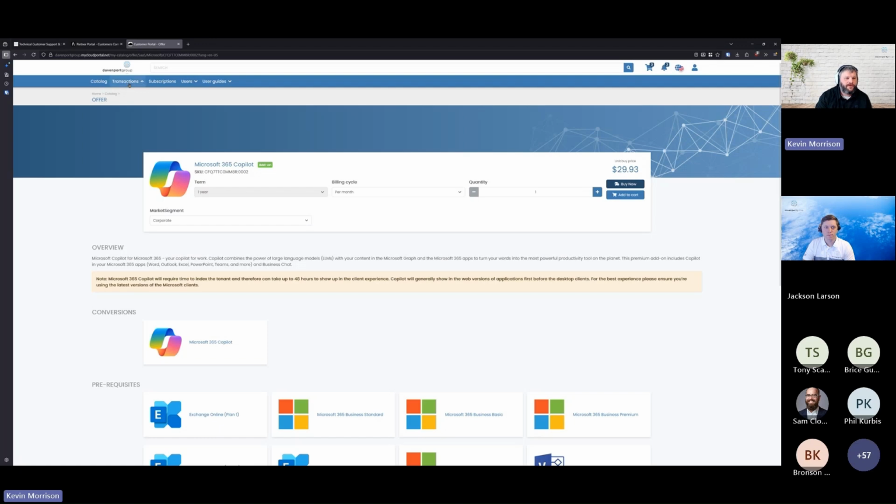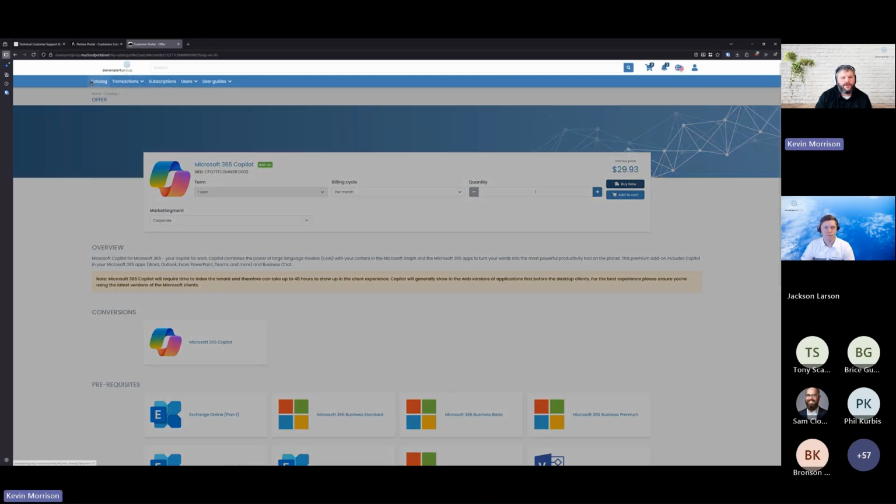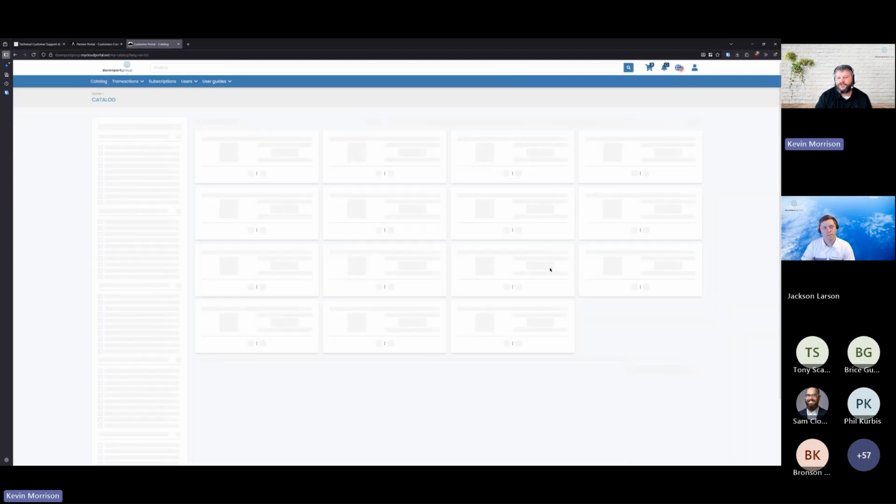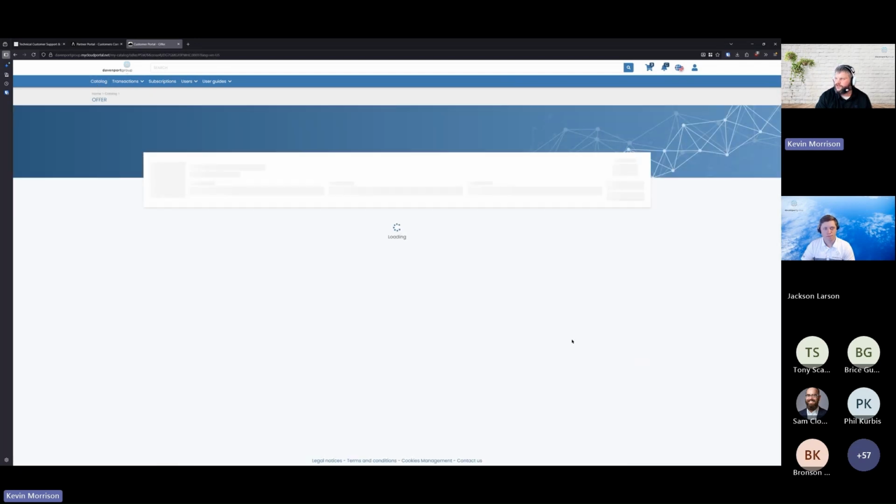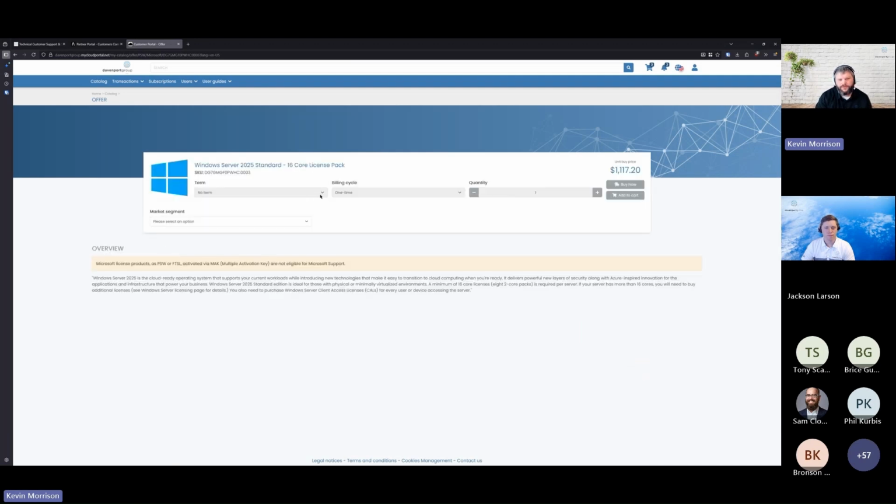One of the other things I want to mention is that for a number of our licenses, especially if it's perpetual licensing, say Windows Server 2025 Standard, you can actually get a perpetual. This one might not have... I'm waiting for this to load. Let's change this, see if it'll let me change it. Corporate. Okay, so I have to find the other SKU. There are SKUs in here that will allow a billing cycle of one time or a monthly subscription.